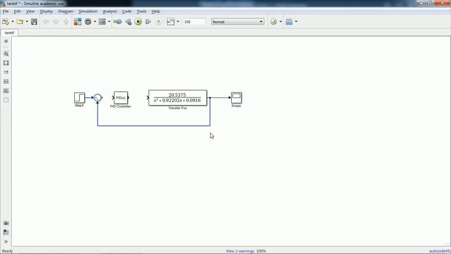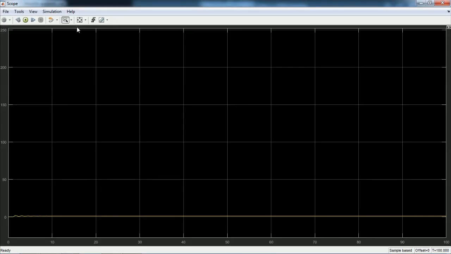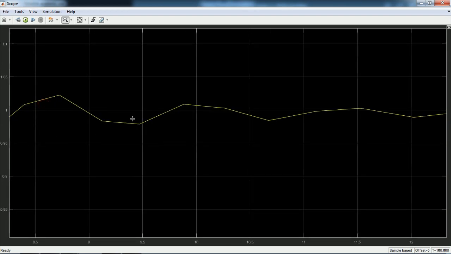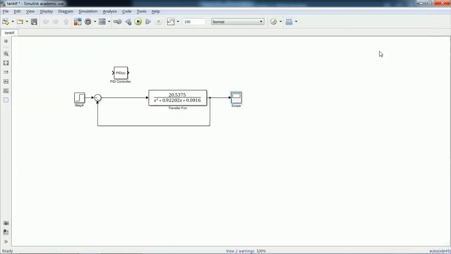Now if I check the closed loop system by giving a unit feedback, this is the response: there are oscillations, the settling time is somewhere near 9.5 seconds, and it has some oscillations also.